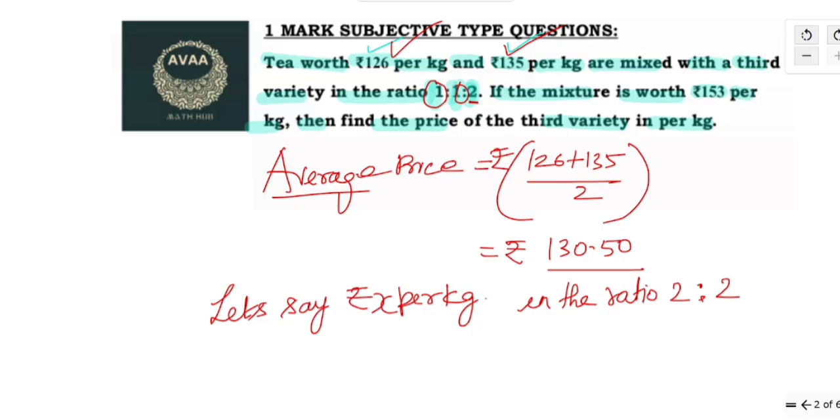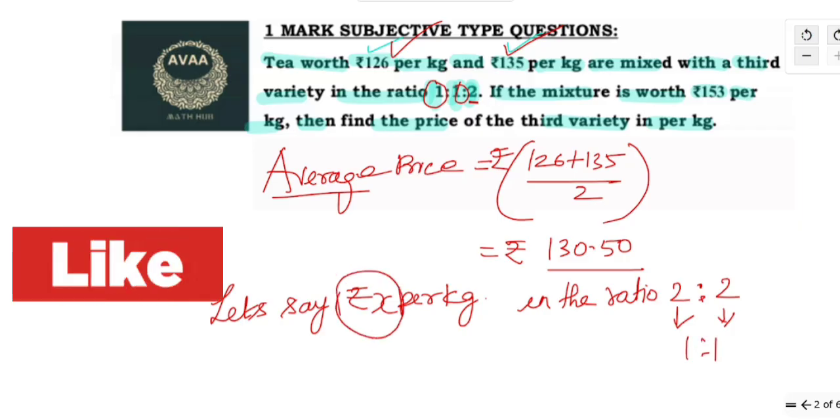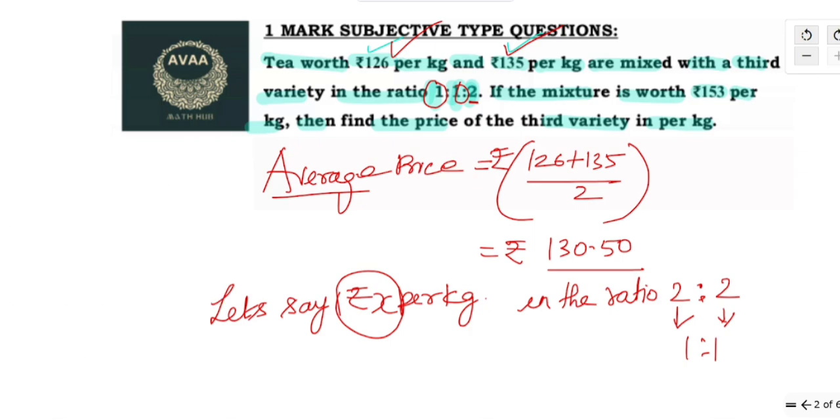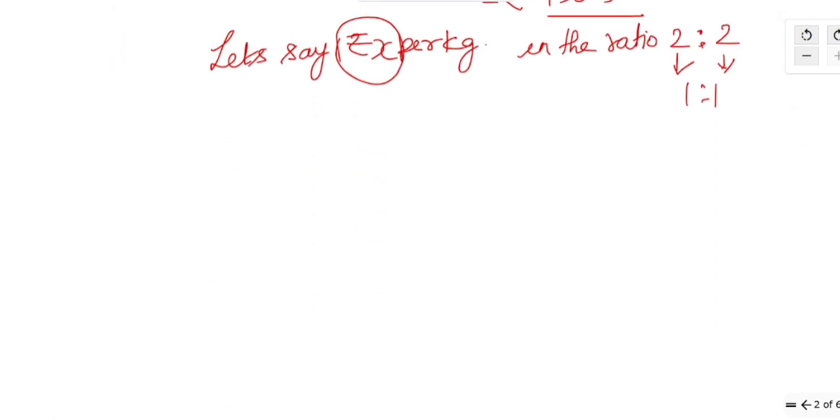So this is our ratio now. If we want to simplify this, of course, 1:1 is our simplified ratio. Now here we need to find our X. The price of the third variety has to be found. So again, by the rule of alligation, we have